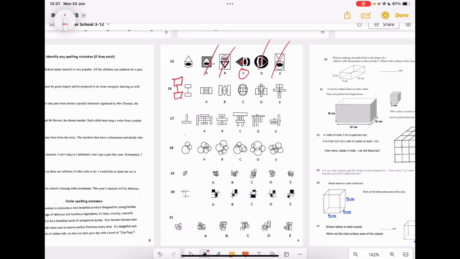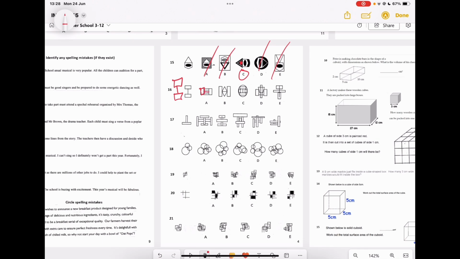So for 16, you can see that if it was rotated, it could be A. But then these lines have all been added to confuse you. It's not B, not C because of the length of the line in the middle. It's not D because of the position of the line. And it's not E. So our answer will be A. Next is 17. So we have one rectangle and another that is perpendicular to it. So we can see 17 is going to be A because it's been rotated 180 degrees,